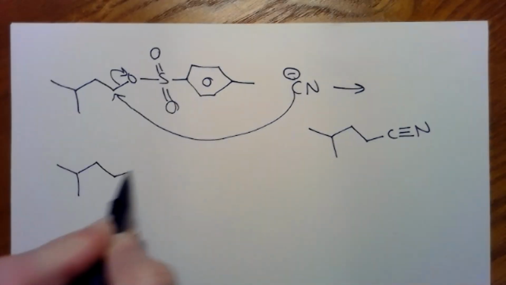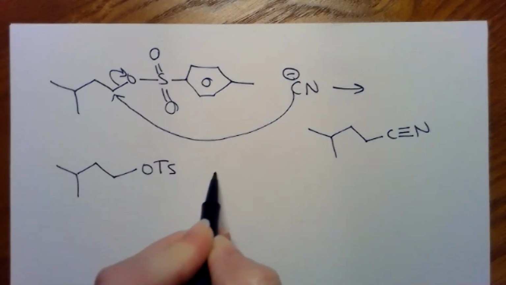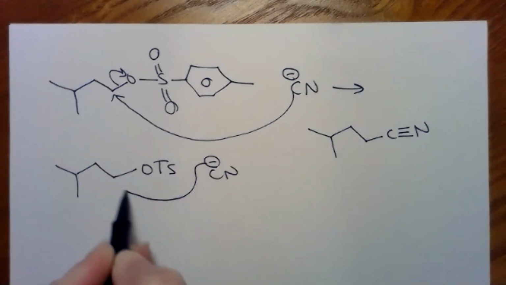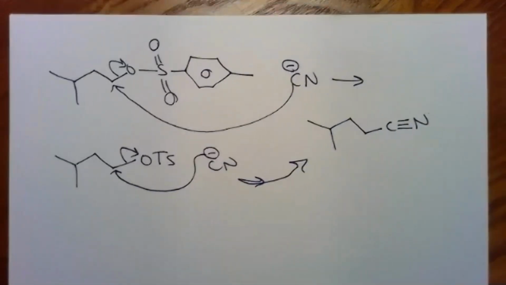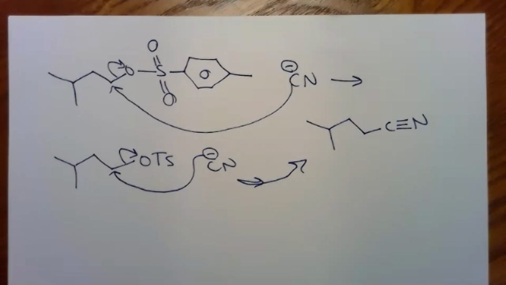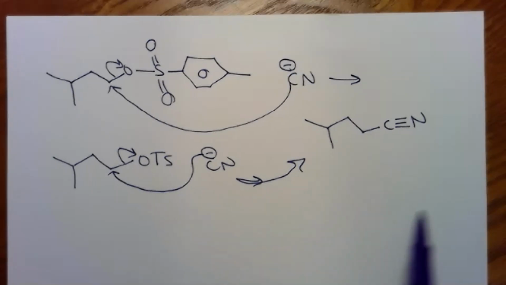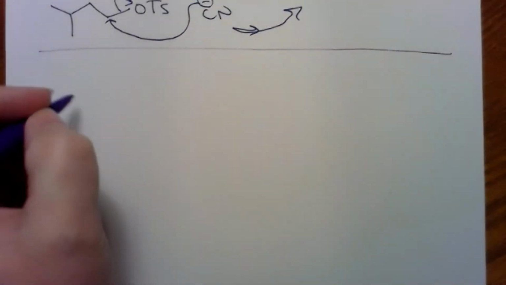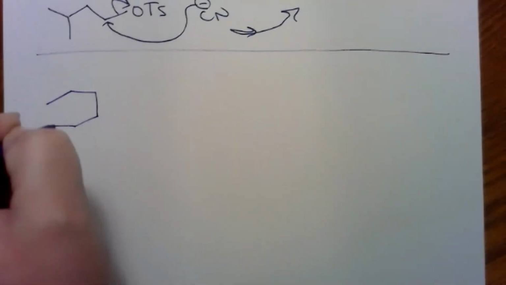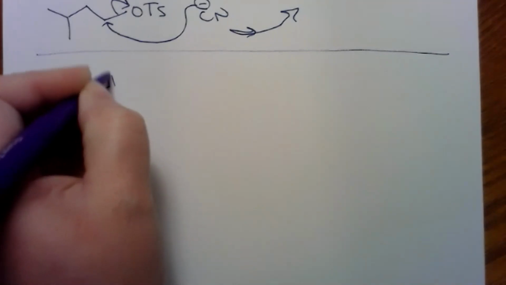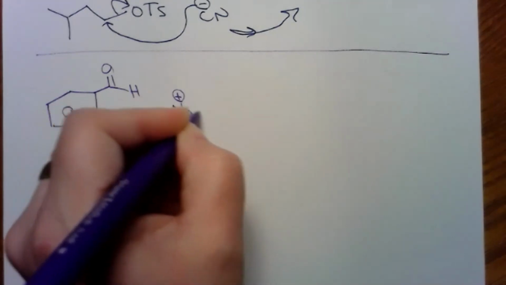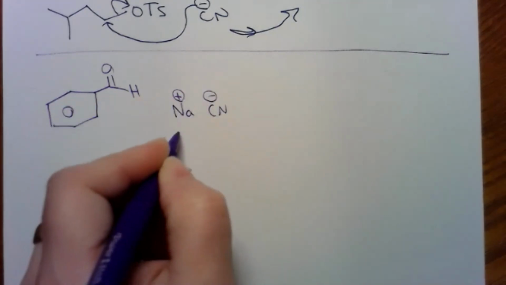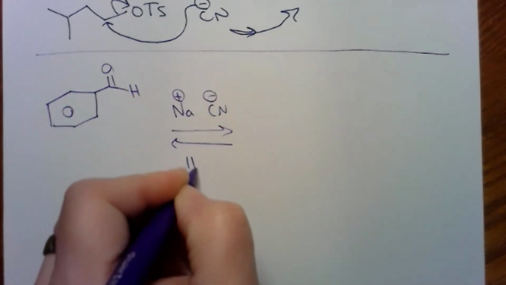Remember, a tosyl has an abbreviation as well. It could have said OTS. That's tosyl. Primary tosyl. Going to make the same product up there. We're going to move on to the next example without going back to the PowerPoint. This one is not a reaction type that we've seen before, but it's the next type of reaction that we will study. This is an aldehyde